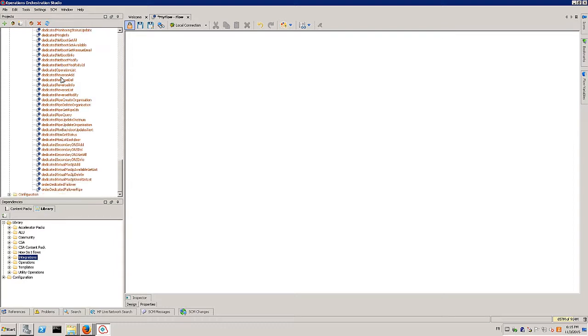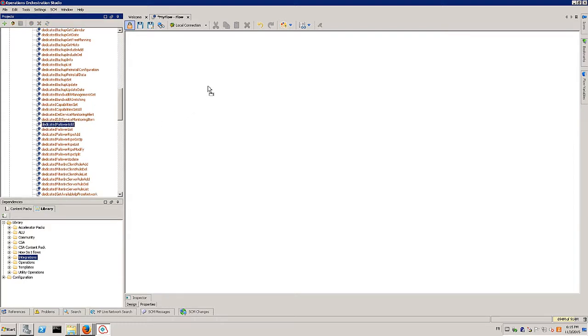If I want to use one, I just have to select the right one and drag and drop. For example, dedicated failover. I click on it, drag and drop, and then I will be able to use it.